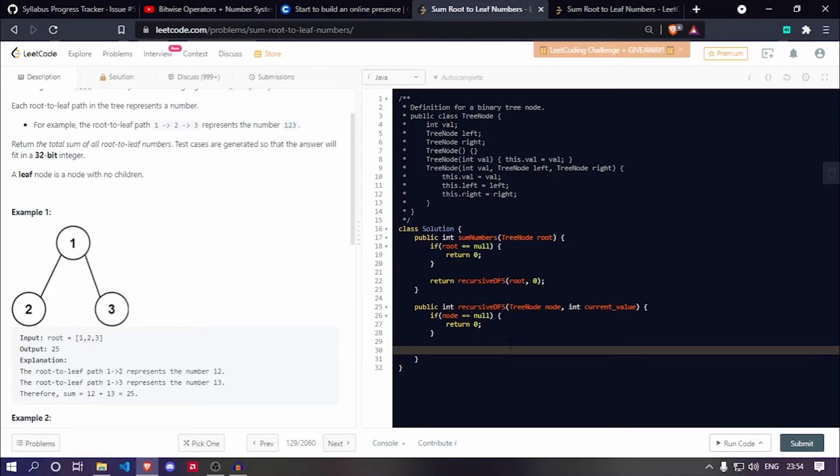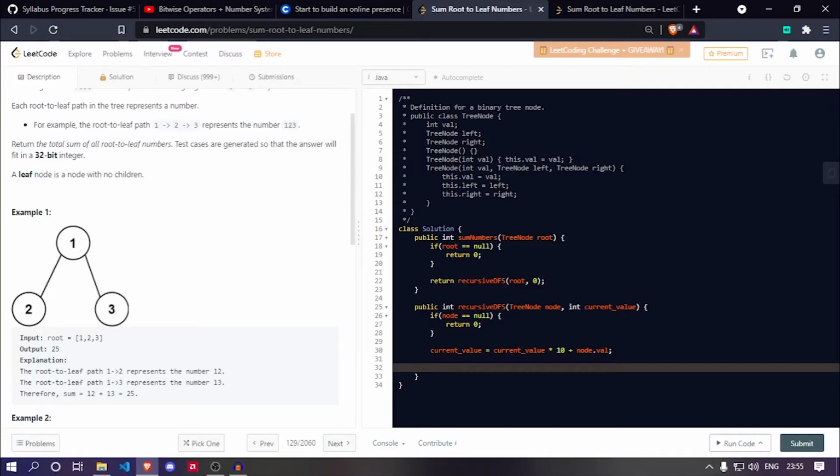So we can set current value equals current value times 10 plus the value at the current node.